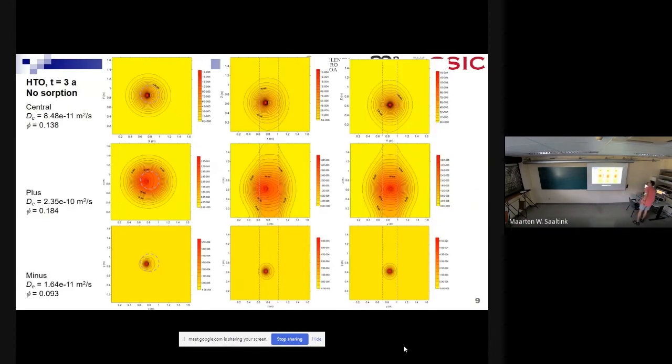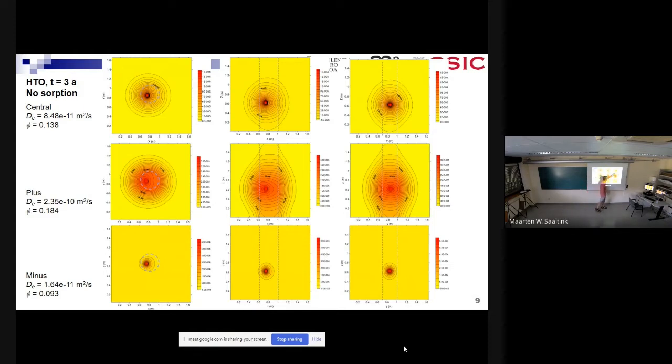So the central case: I have left, center, and right. I have a horizontal section, XY, and two vertical sections, XZ and YZ. The dashed line represents the contact between the concrete and the clay. So you can see the tracer plume, how it expands on the XY, on the horizontal axis, and then on